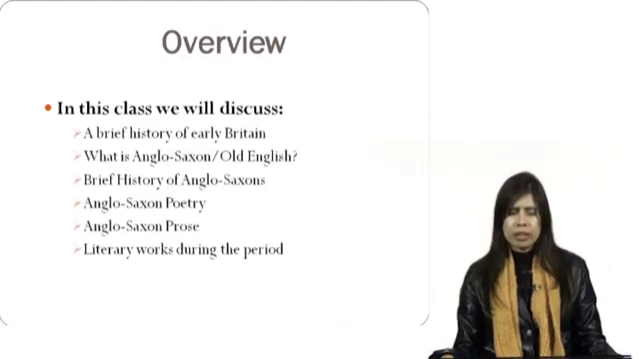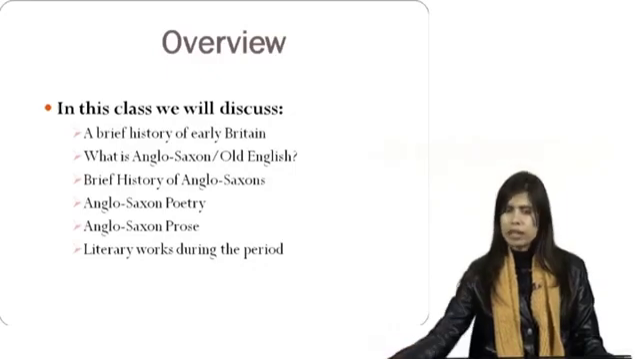Then we'll talk about the brief history of Anglo-Saxons. These are basically the two tribes, and we'll talk about Anglo-Saxons in detail. Then Anglo-Saxon poetry and Anglo-Saxon prose. And last but not the least topic for today's discussion would be literary works during the period. So my dear students, you have to keep in mind this outline, and we'll talk about all these things in other periods as well. So let's take a start